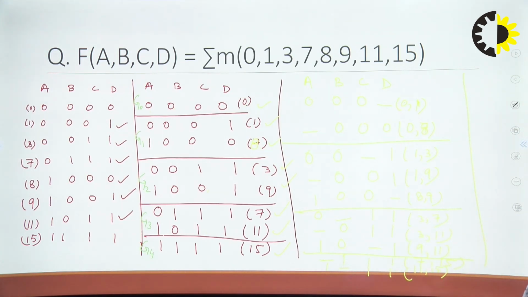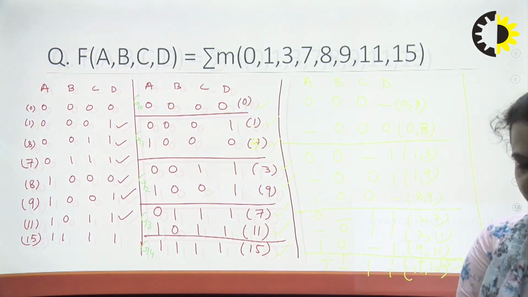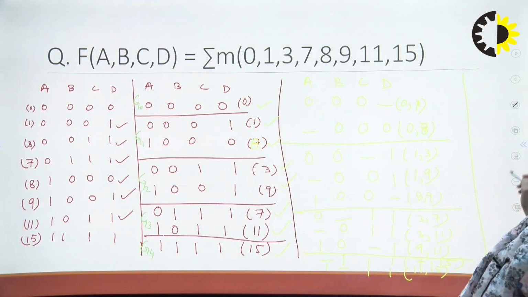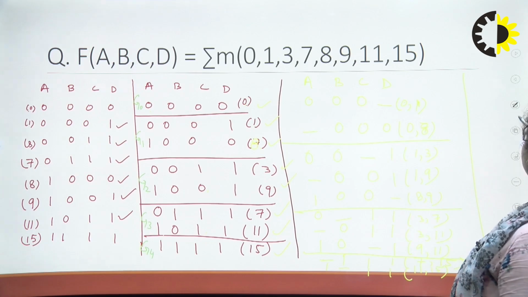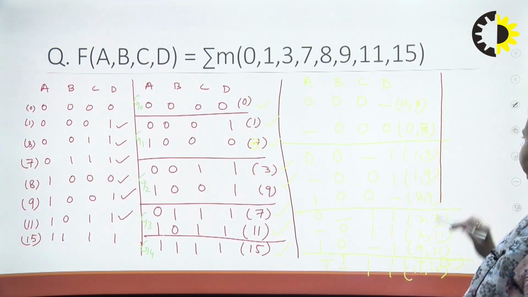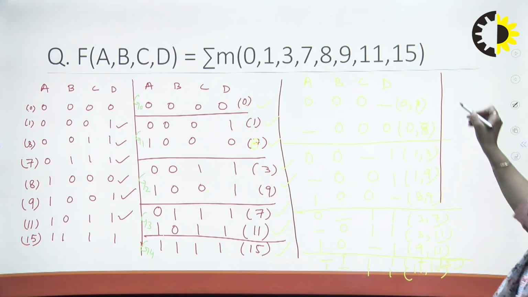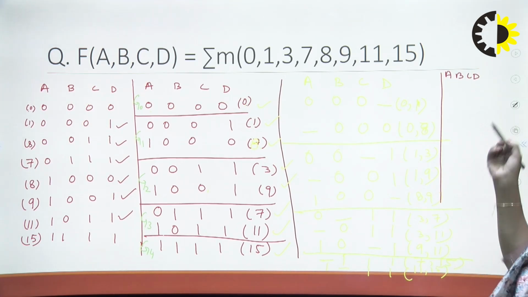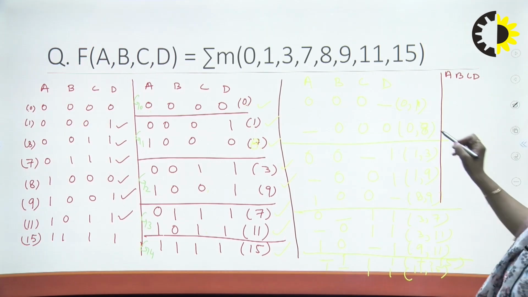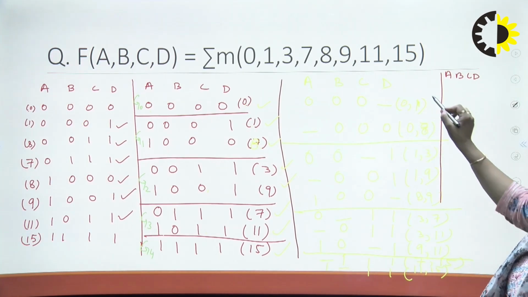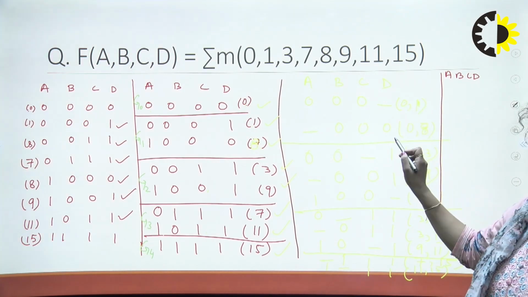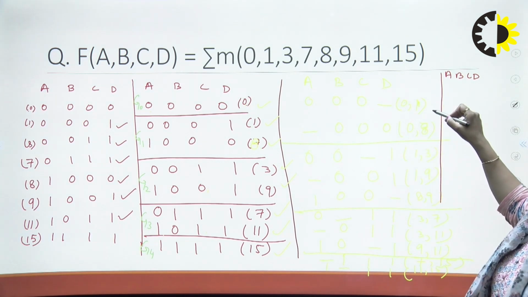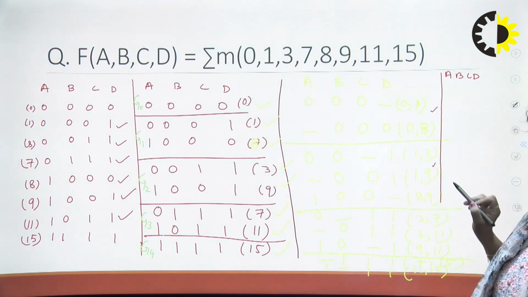Now the next step, I will be writing here only because the next step will be with the help of this only, right? So in step number 4, what I will be doing is, again you are writing A, B, C, D. I am writing just small variables just to cover this. Now I am comparing, this is a whole one group, right? So I have to compare this with this group, right?